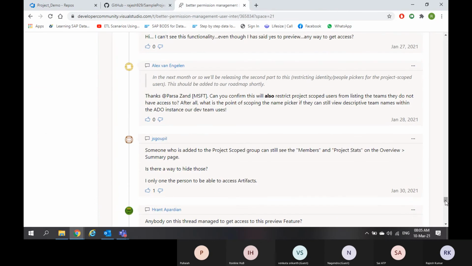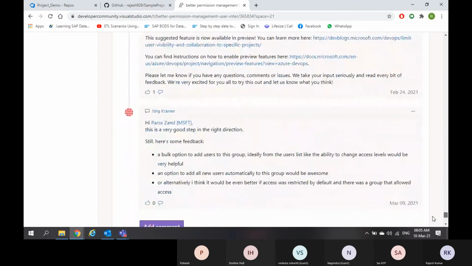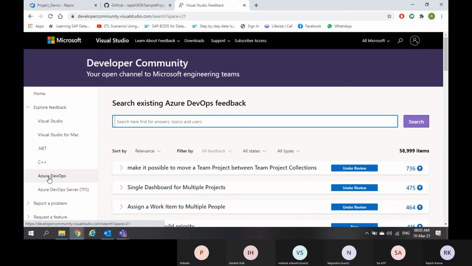When a person asks a question, they see the count here. There are 121 replies. If you see the scroll bar, the total count is 121 replies. Let's take this count as 1000 or 2000. That means there are only 2000 to 3000 people who will answer your questions in the developer community. This means there are only 2000 to 3000 developers who worked on this Azure DevOps. Azure DevOps was created by less than 2000 people, but the Microsoft employee count was more than 250,000. The exact count is around 265,000, I believe.